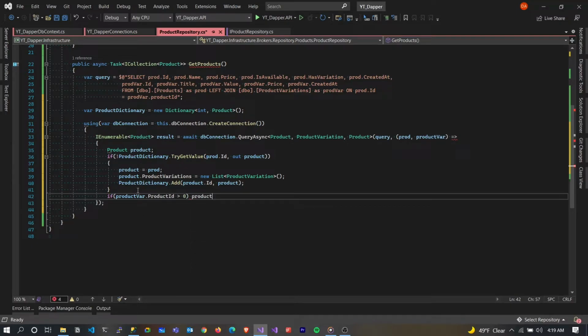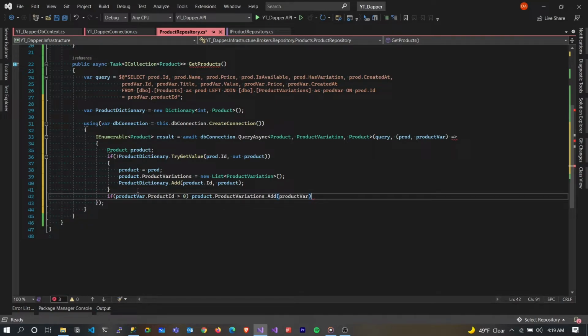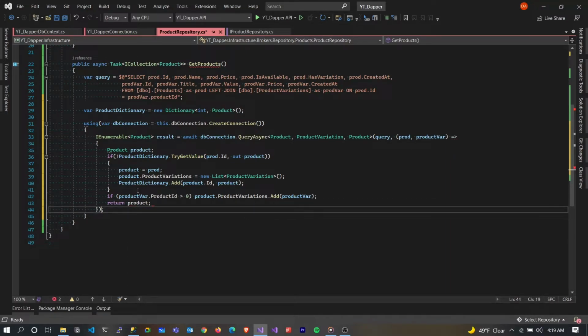So if it's greater than 0, what we want to do is to take that product and get the product variation that is attached to that product, and we're going to add that product variation. And don't forget that we already made our product variation a list, hence the reason why we have that add method to be used. And when this is done, we are going to return